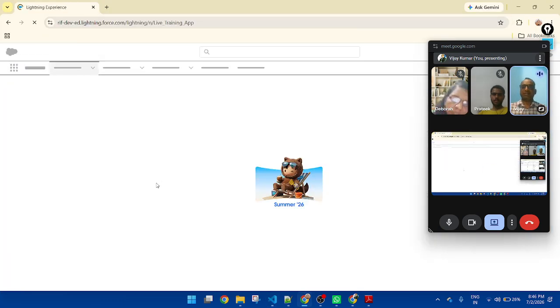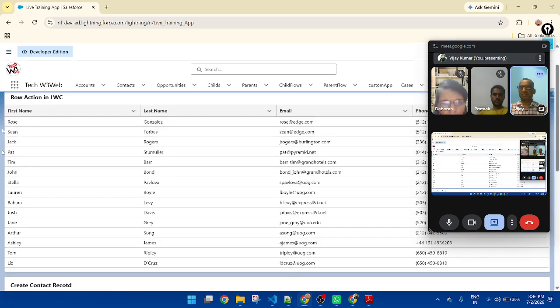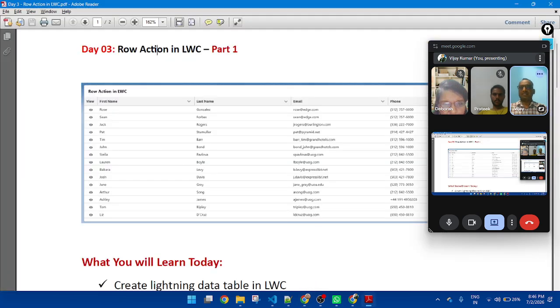Then this checkbox will hide. You can see. Now we need to add this icon button so that we can click and open a modal pop-up.